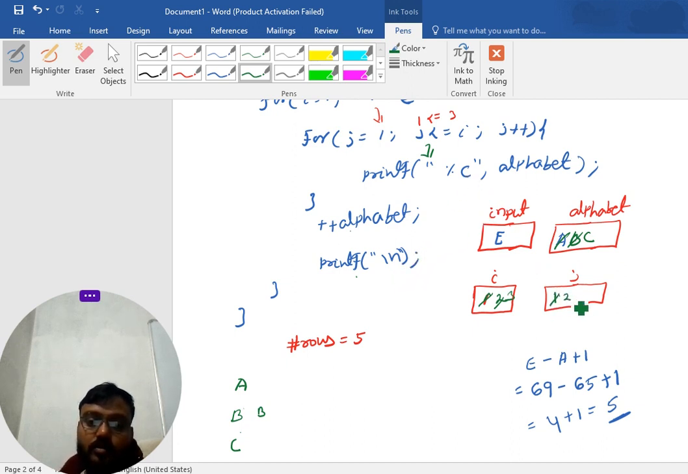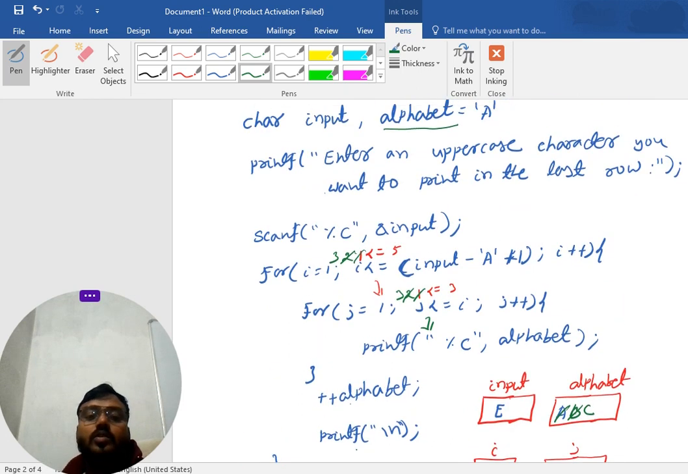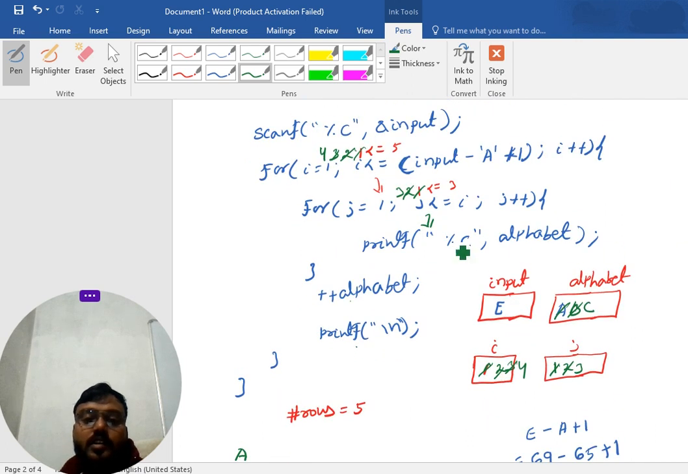next j becomes 2 now. So 2 is less than or equal to 3, condition true, then print another star. So j becomes 3 now. 3 is less than or equal to 3, condition true, then print alphabet. Perfect. Next chapter. I plus plus, I becomes 4 now. So what will it do? 4 is less than or equal to 5, condition true, go inside,